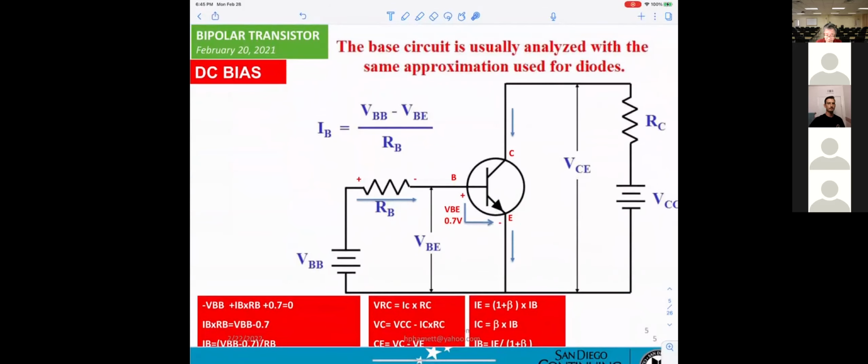Now, this is a DC bias. What does that mean? DC bias tells you the transistor needs power, DC power, to make it work. Okay? Without the DC power, the transistor cannot work.